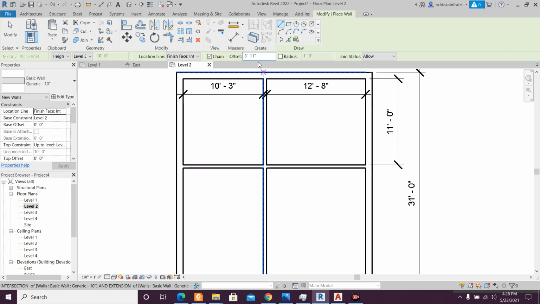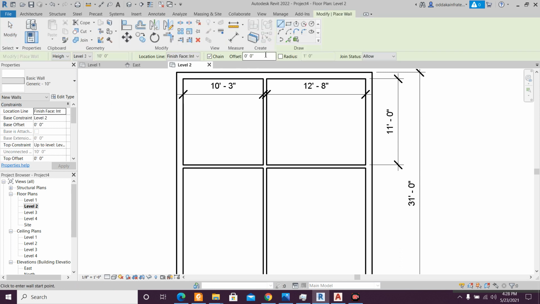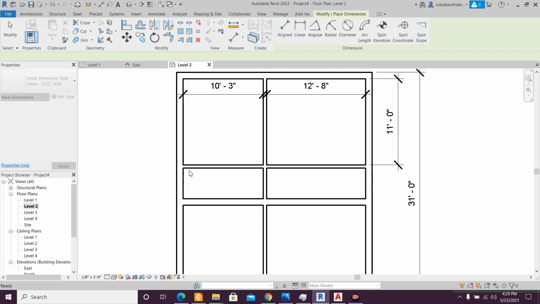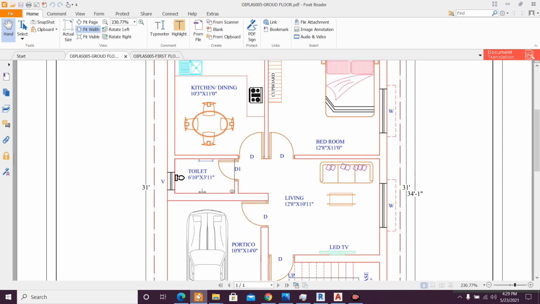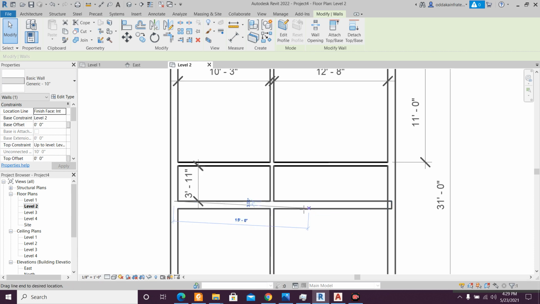Click on escape, enter. If this is not working, just click on escape once again, and then WA, and then 3 feet 11 inches. Pick tool, and then check the dimension. Three feet 11 inches, and then 6 feet 10 inches. 3 feet 11 inches, click on escape, then do it up to here,